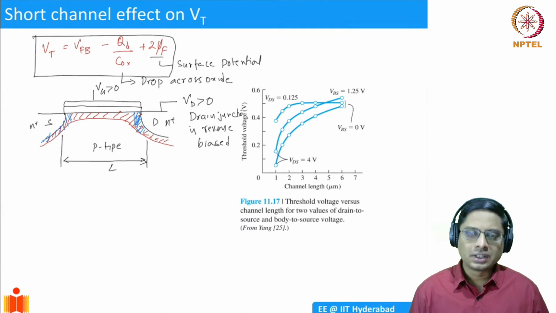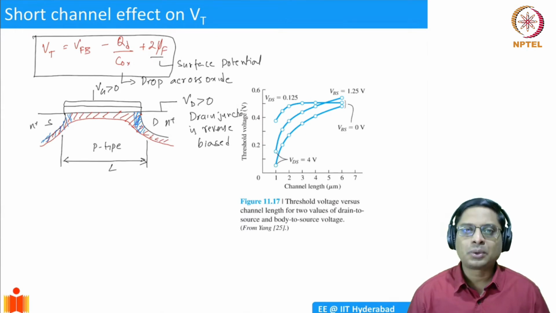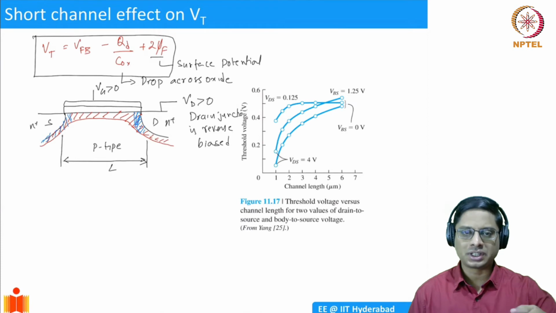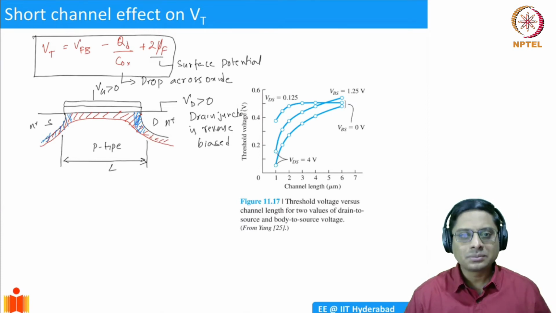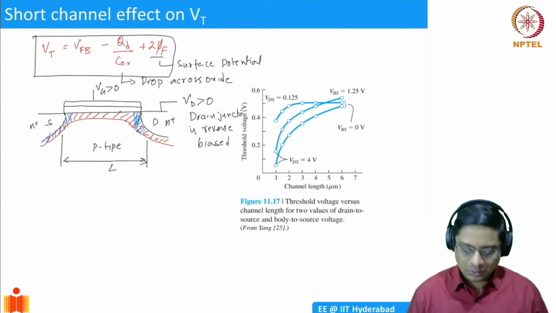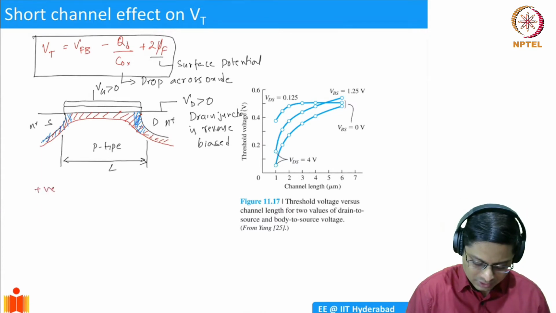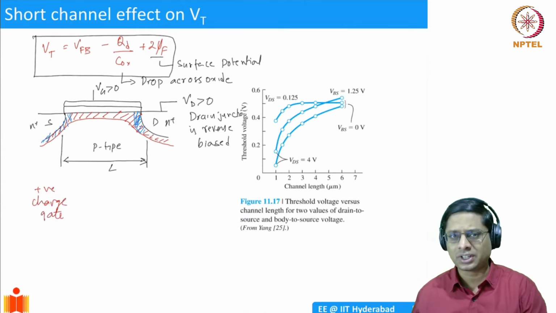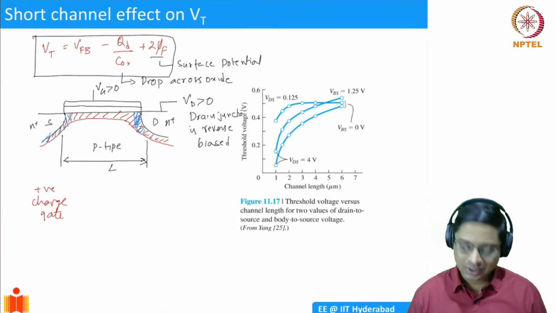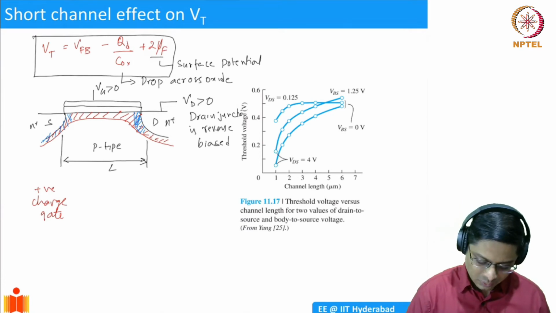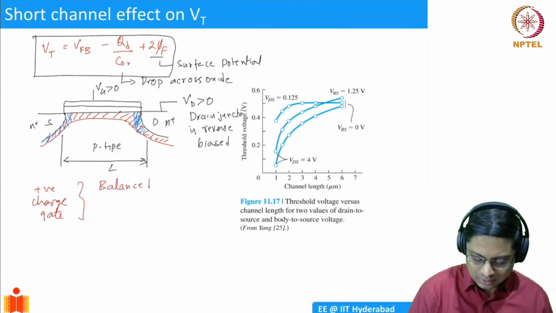So what's happening is the gate is supposed to support the entire depletion charge. Always, in a MOS capacitor device, you have a positive charge on the gate, let's say. So the negative charge has to come from the substrate. So now you have 3 contributions. The positive charge on the gate, in the MOS cap case, has to be entirely balanced in the substrate, we said. So depletion charge plus the inversion charge. That's what we said. So this is on one side of the equation. This should be balanced by what?